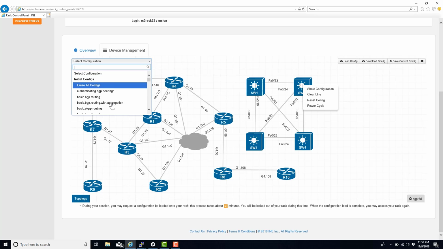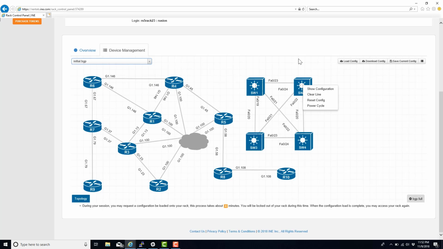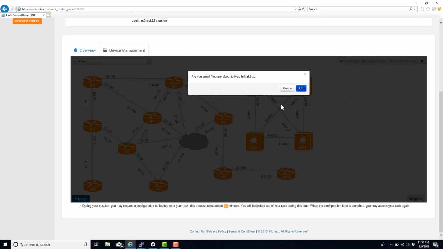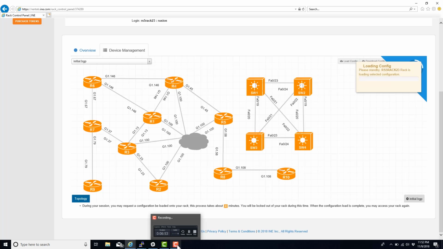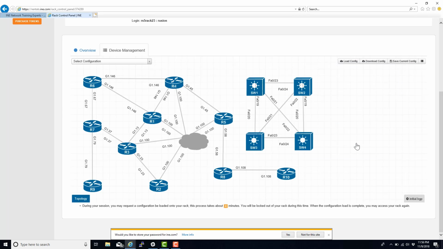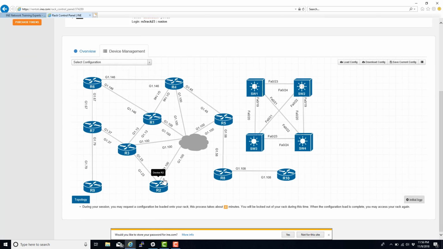Alright, so let's do the BGP. Was it initial? Initial BGP. So let's try that one. So it's going to take another 4 minutes to load. So let me pause the video for a sec, and we'll come back once it's done. Alright, so we reloaded up here. I have about 33 minutes,